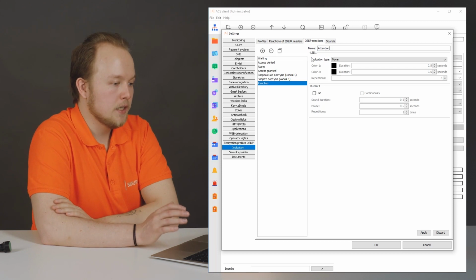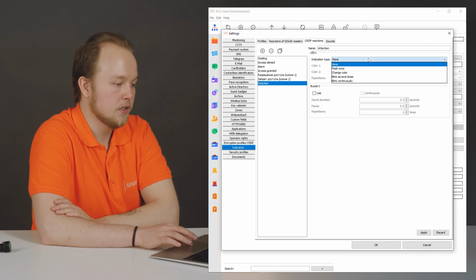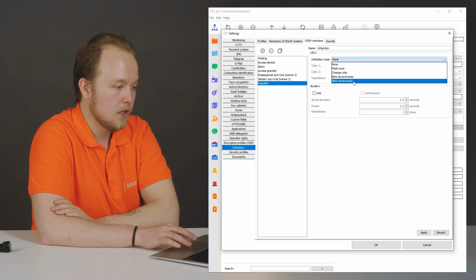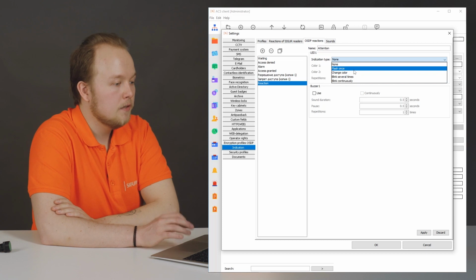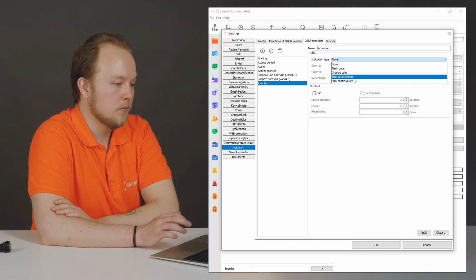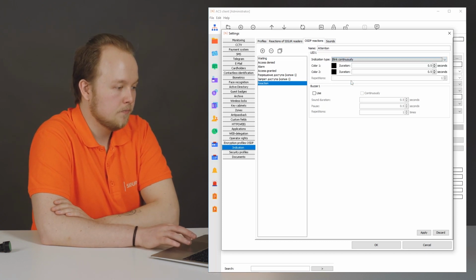In the light indication settings section, let's select the type of indication. Since we expect the reaction to be played continuously while alarm events are relevant, we will set it to continuous blinking. Choose colors, specify duration for displaying each color,